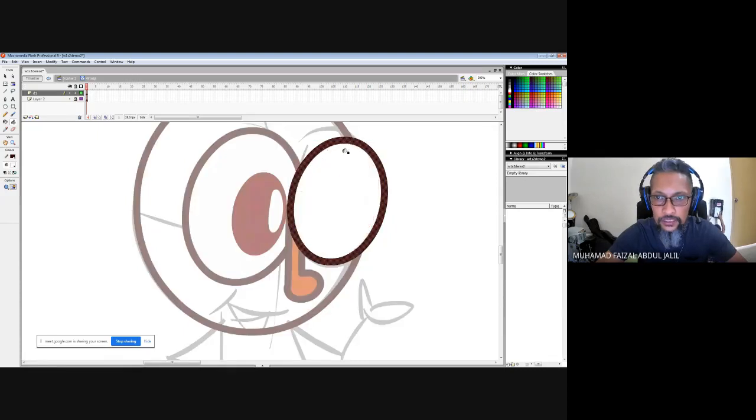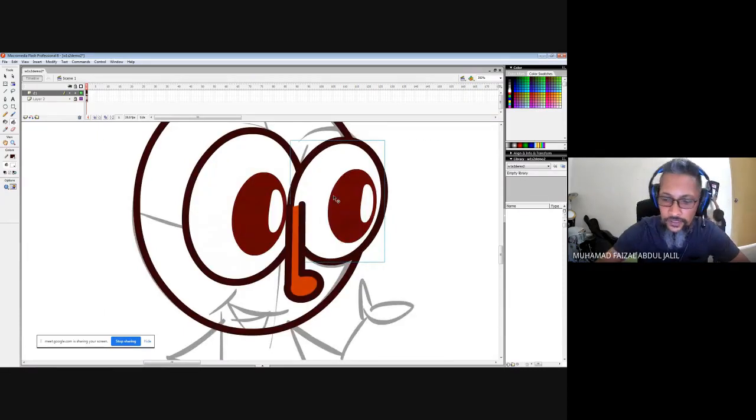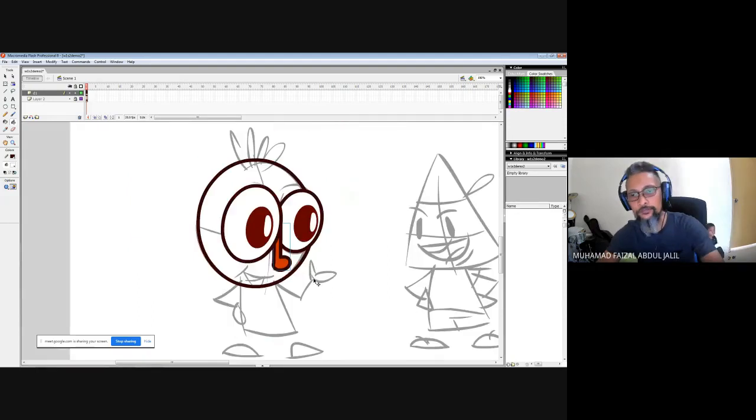This part, double click, add some colors over there. Right now, the position of the eyes doesn't look right. What you can do, select both of them, control, send to back. The nose can also be sent to back. See how it works?